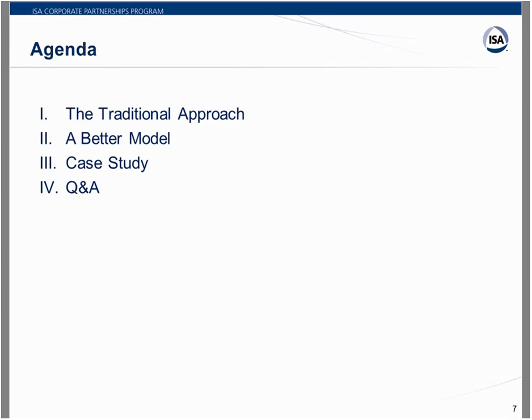Here's a quick agenda. It's relatively short. We're going to talk about the traditional approach of how generally multi-million-dollar projects are usually run, and some of the issues and problems that you can run into with the typical approach. I'll cover the first section. Lee is going to cover maybe a better model or a better way to go about doing that, and then provide some case study information on how that worked out. And finally, we'll finish with some Q&A, and you guys can rattle us with whatever questions you want.